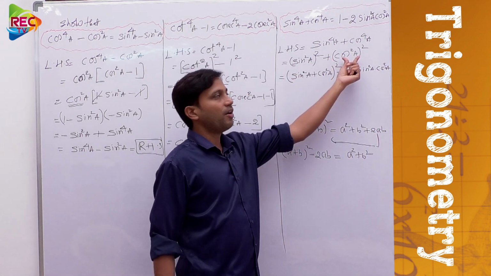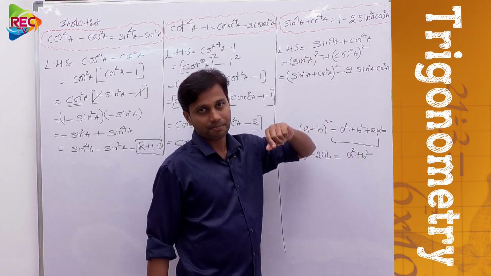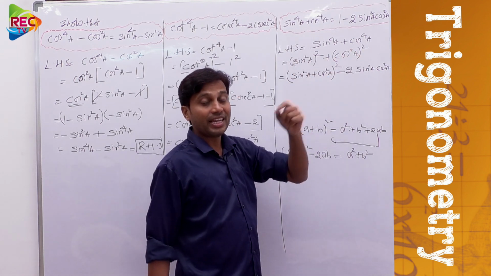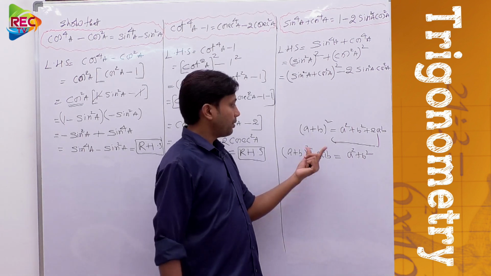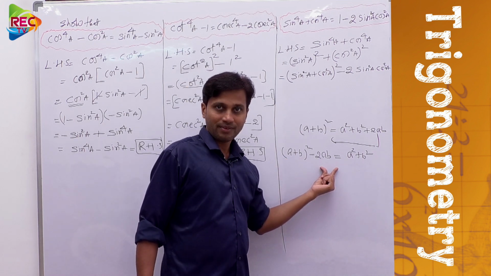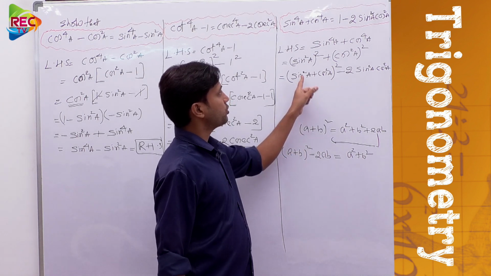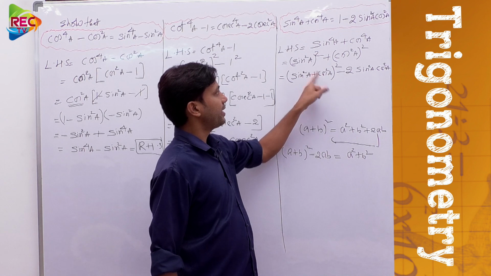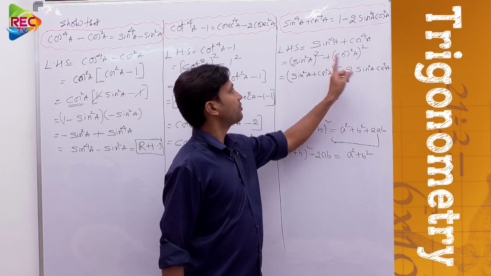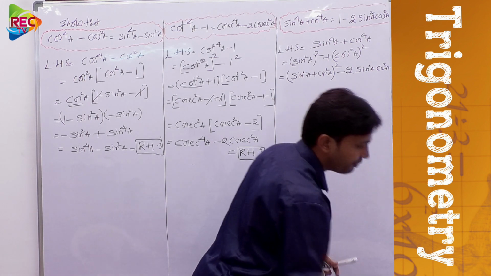Here this is in the form of A square plus B square, where A is sin square A and B is cos square A. Then this expression is written in the form of A square plus B square. From the basic identities, A square plus B square can be written as A plus B whole square minus 2AB. So A plus B whole square means, A is sin square A, B is cos square A, to that whole square, minus 2AB means 2 into A is sin square A, B is cos square A, right? Here I will highlight this with another color so that it can be identified.